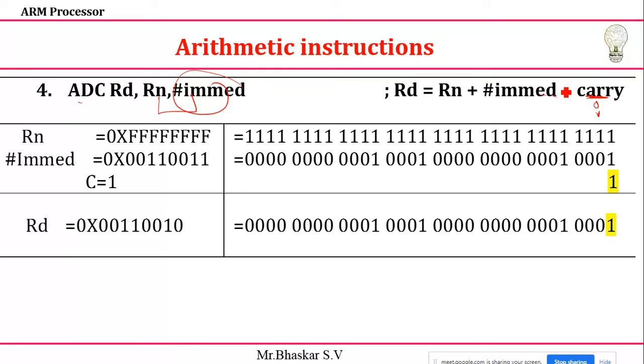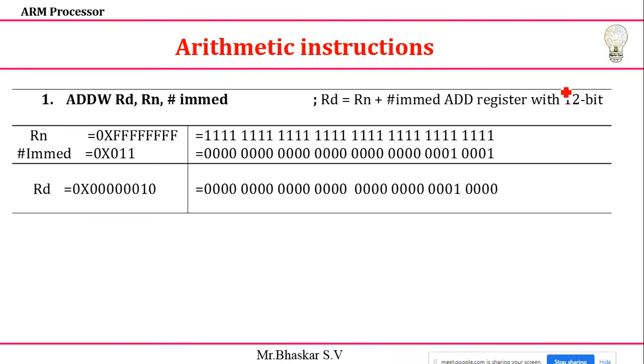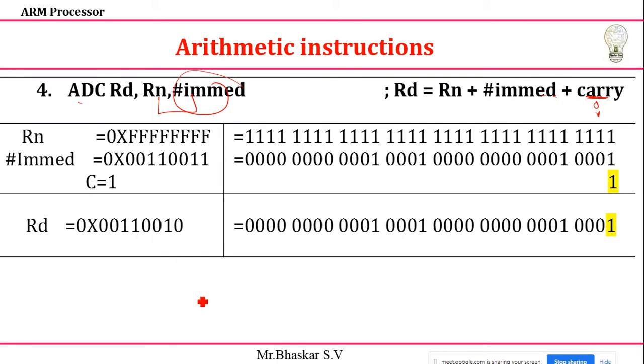And next, if you're looking at 2 registers, the same thing is added. So if you're looking for 2 registers with carry, I'm going to use the ADC instruction. I have Rd comma Rn. At that time how does it work? Rd is nothing but Rd plus Rn plus C bit, the carry bit. If carry is equal to 0, 0 will be added. If it is 1, then 1 will be added. Okay, so this is the usage of my ADC instruction.